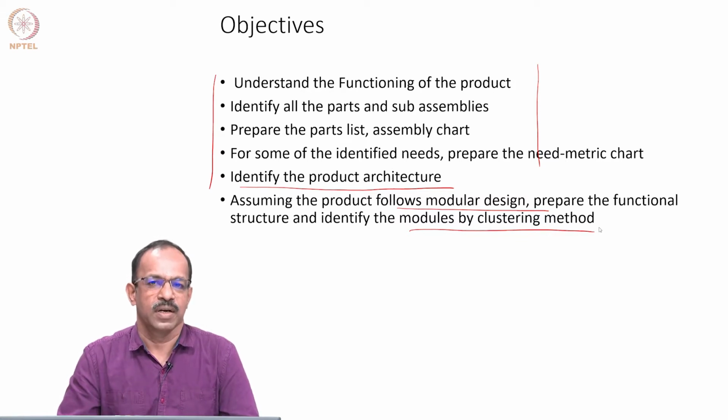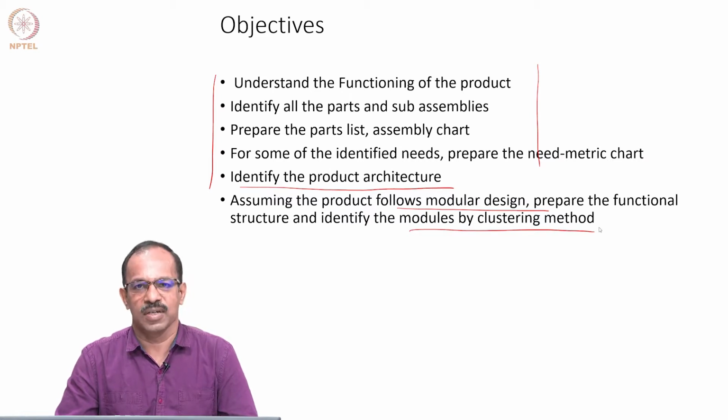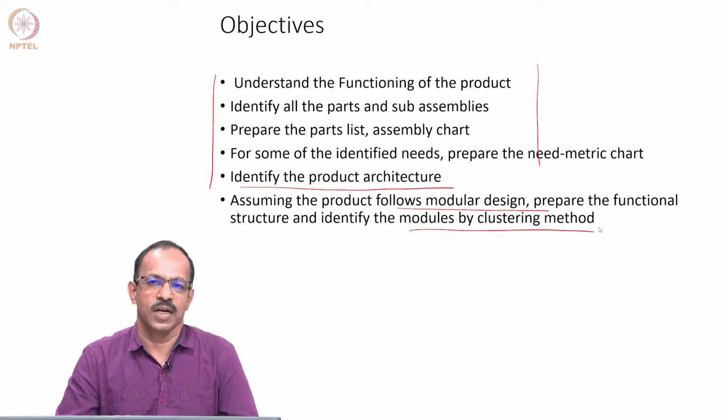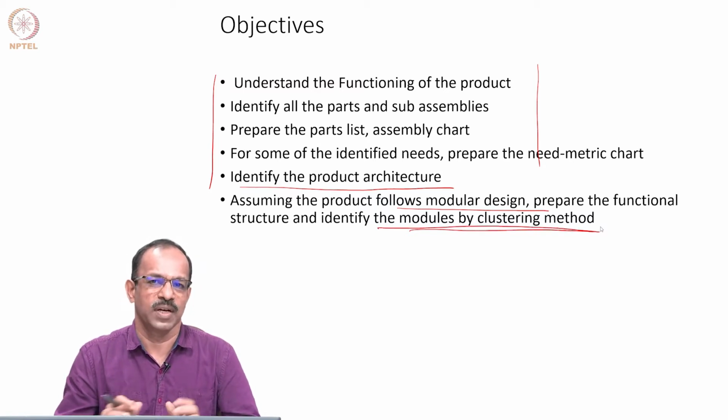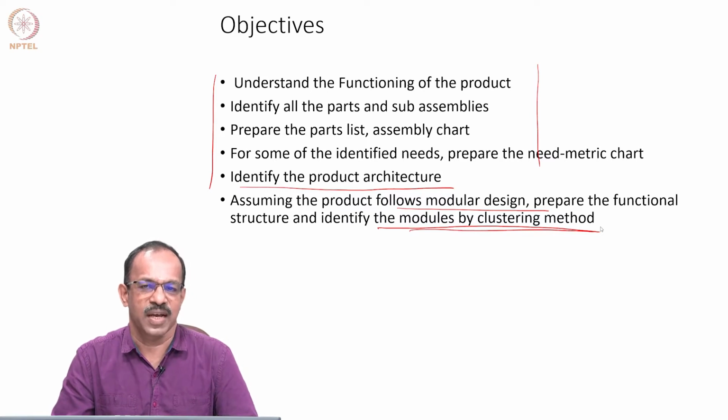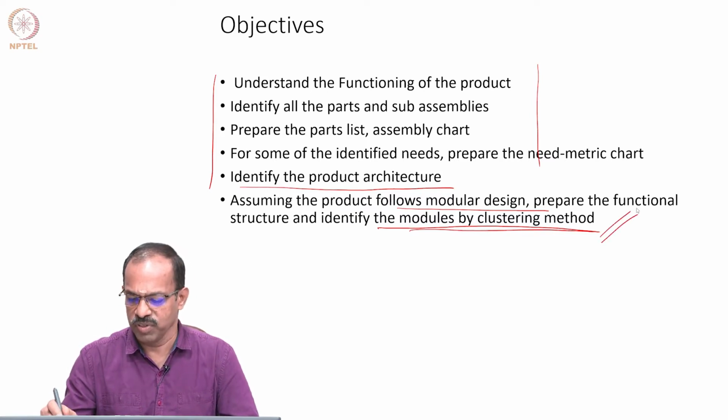So we have gone through many methods of product architecture development, that is the clustering methods, using the functional decomposition. How can we use these functional blocks to identify the modules based on the dominant flow or transmission and things like that. So we use one of these methods and try to identify the modules in the product. For that you need to develop the decomposition chart, and then identify the modules using the clustering method.